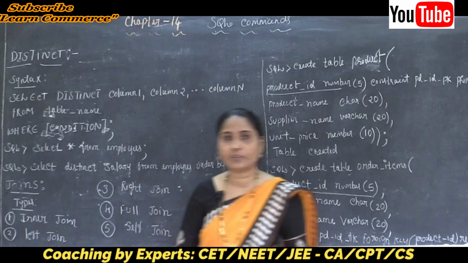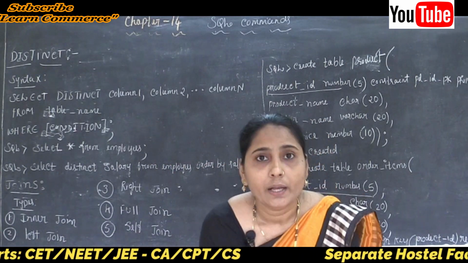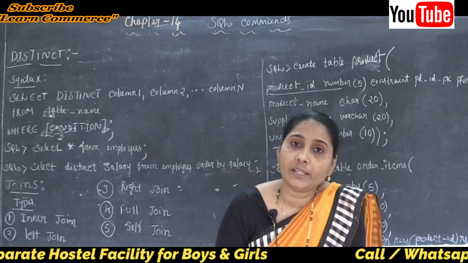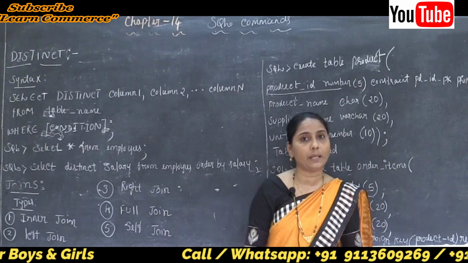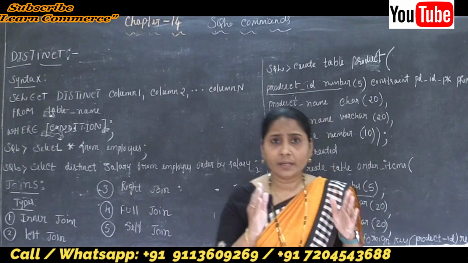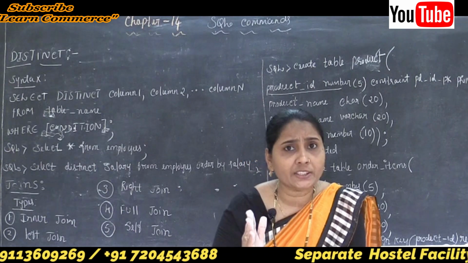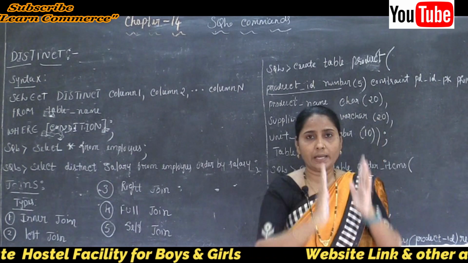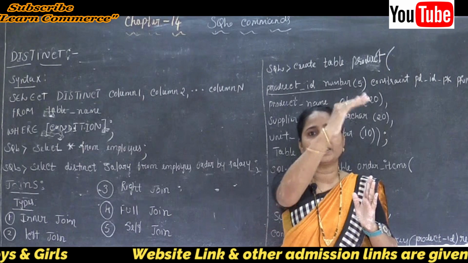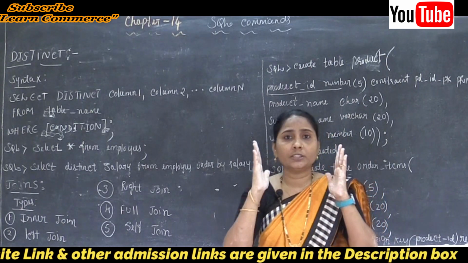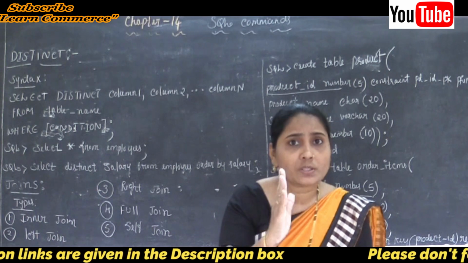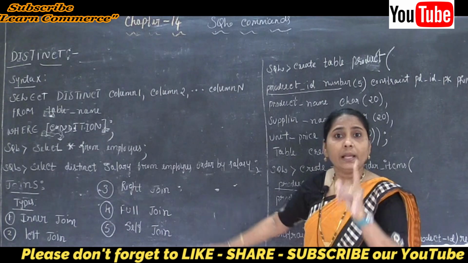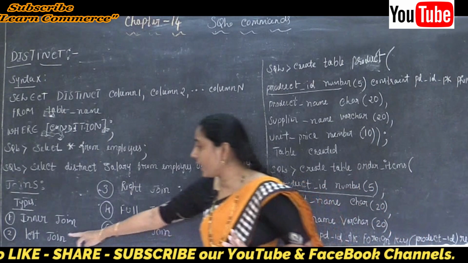The second one is the left join. It returns all rows in the result table when there is a match in the left table. Clear on this point? If both the left side of the first table and the left side of the second table are matching, it will join, meaning it returns all rows from the left table. It joins with the left side of the table even if there are no matches in the right side of the table.